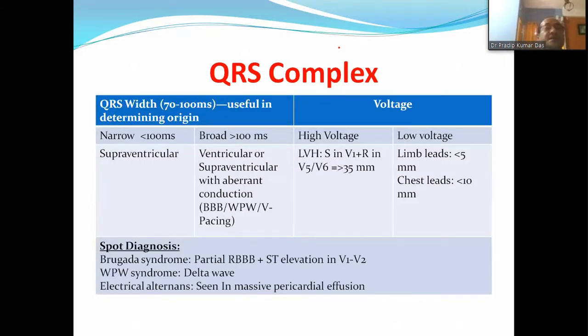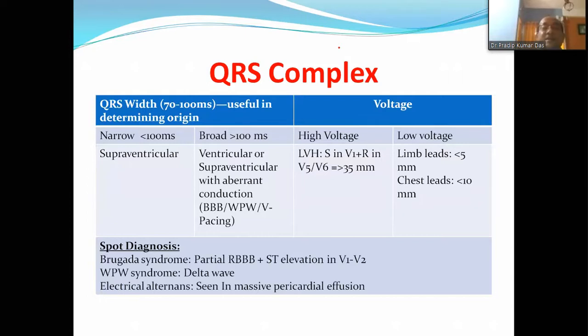QRS complex: its width is 70 to 100 milliseconds, and the width is useful in determining the origin. In case of QRS complex, two things are important: the width and voltage. Narrow QRS complex, that is less than 100 milliseconds, is commonly seen in supraventricular tachycardias. Broad complex is seen in ventricular tachycardias and supraventricular tachycardia with aberrant conduction, that is if any bundle branch block or WPW